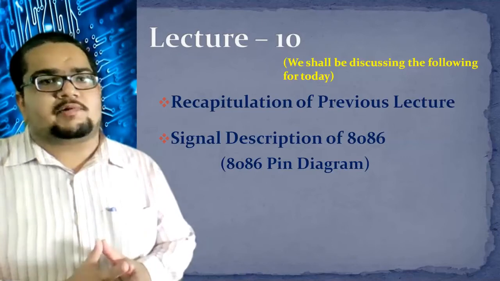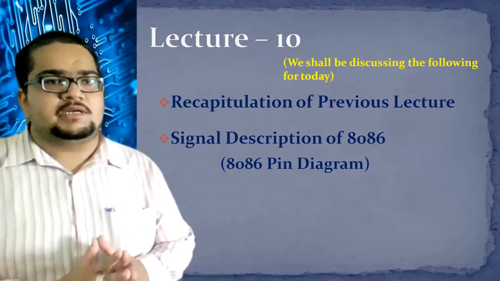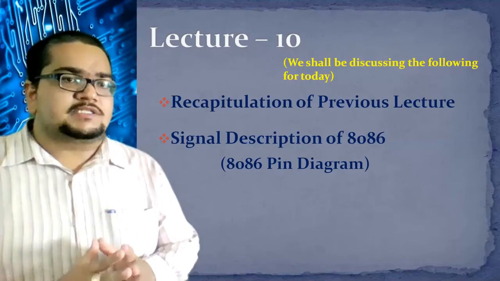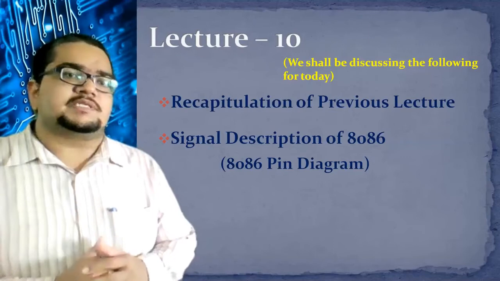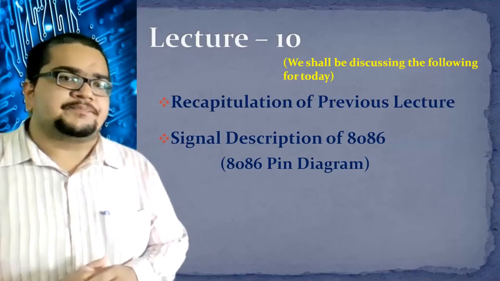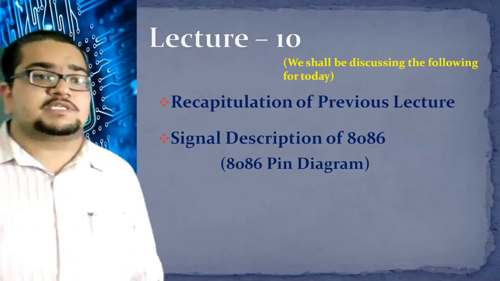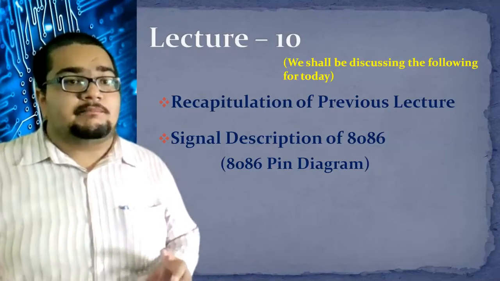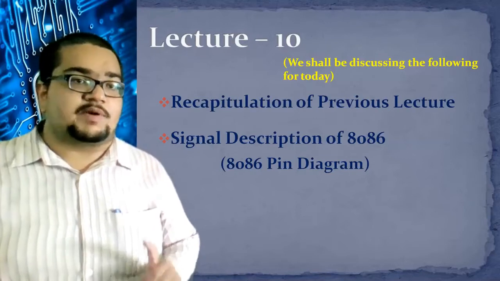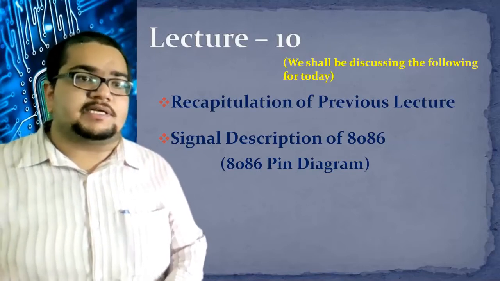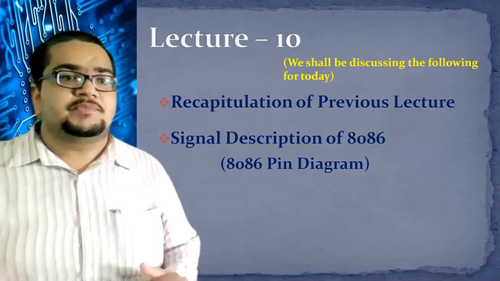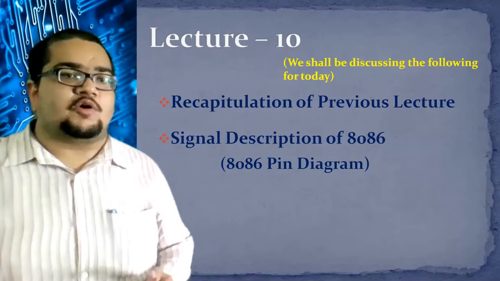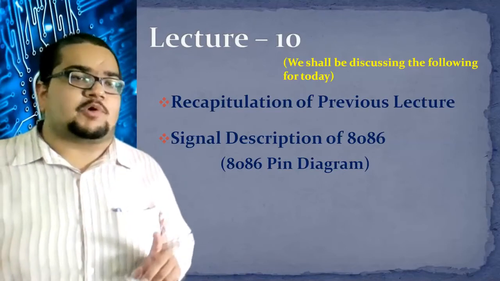Today we will be discussing the first part of the signal description. Why these parts, and what specific signals will be discussed in each part, you will see and understand as I show you the next slide. Physical memory organization is what we checked in our previous lecture. We saw that the complete 1 megabyte memory capacity of 8086 can be interfaced as physically at least 2 different chips, 2 different ICs of memories connected to the 8086 processor.